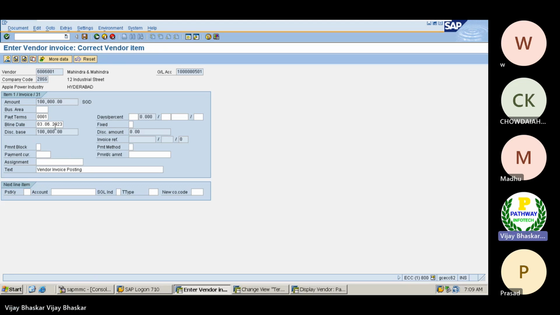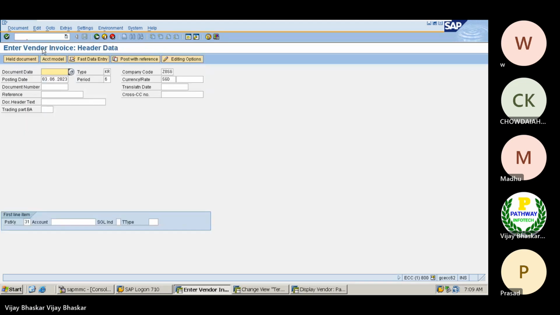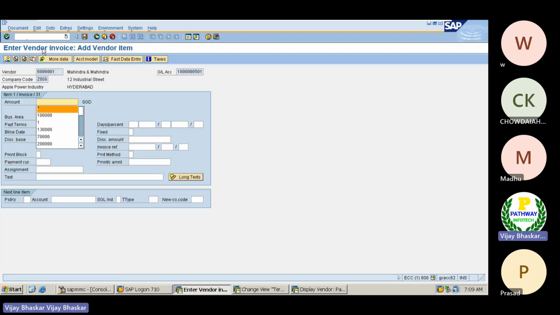Okay, because we have done this in between the transaction, right? I'll give both dates as different. Okay, document date and posting date, both I'll give as different. But let's see which one the system will give.